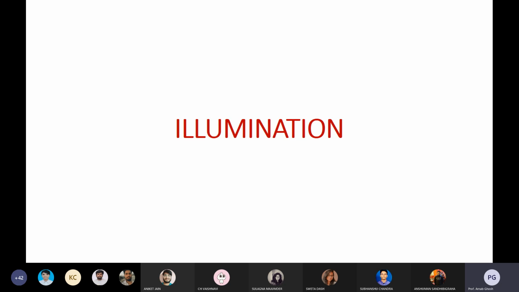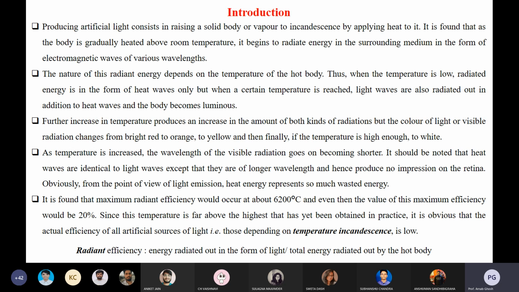We are discussing some of the important definitions. After discussing the definitions, we'll discuss different types of numerical problems based on our definitions and their applications. Then we will discuss different applications, suppose stadium lighting, different lighting methodology, and what the different types of lamps are. These are the kinds of things we are going to discuss.